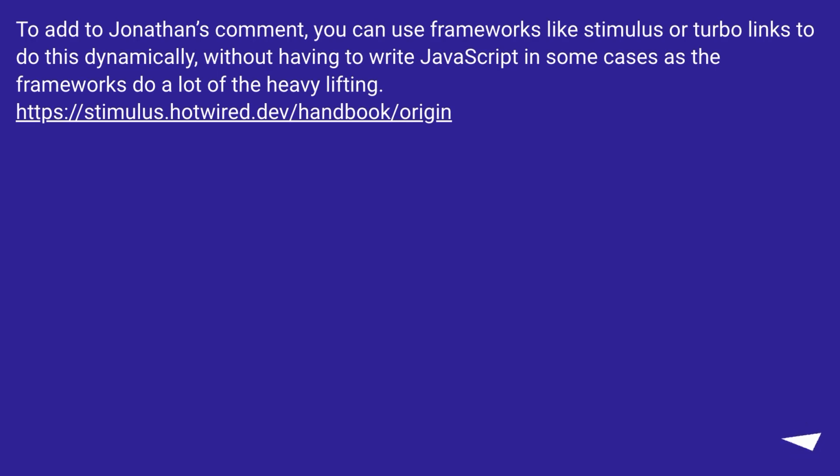To add to Jonathan's comment, you can use frameworks like Stimulus or Turbolinks to do this dynamically, without having to write JavaScript in some cases, as the frameworks do a lot of the heavy lifting. This URL